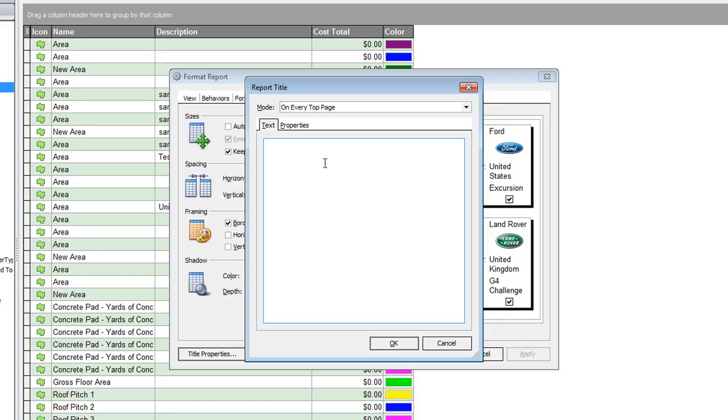If you were to put, and you can use some property names inside of here. So if you wanted to, for example, pull in the name of the job into this report, the syntax for that would be the open bracket / job. So we're going to look at the job properties and then the property name. So if we did job name and then close that with a square bracket,